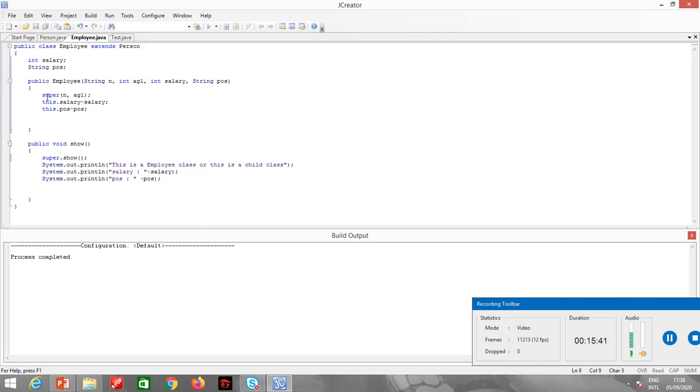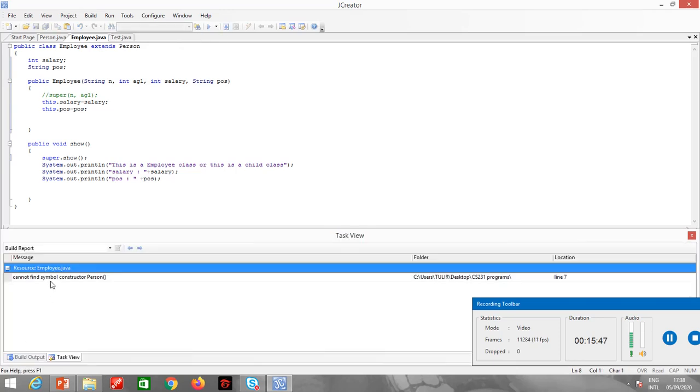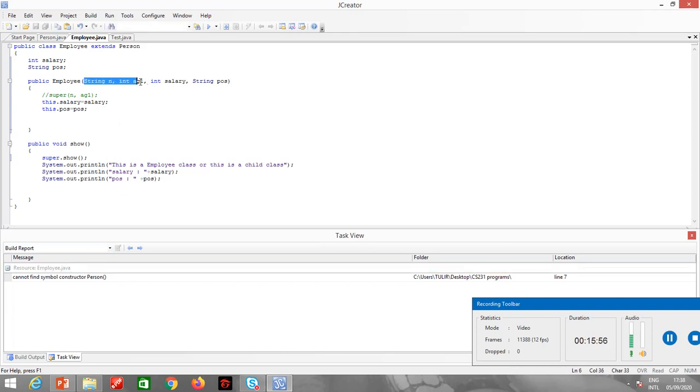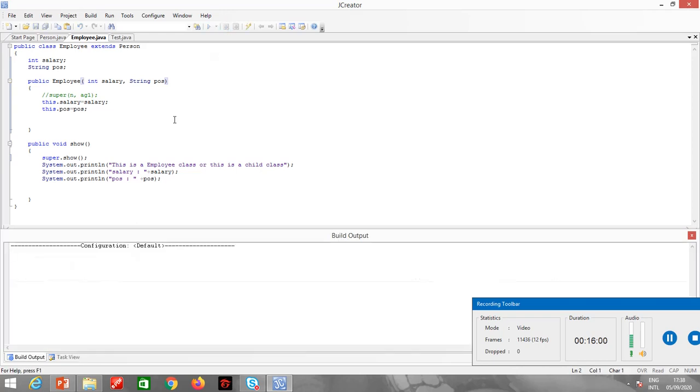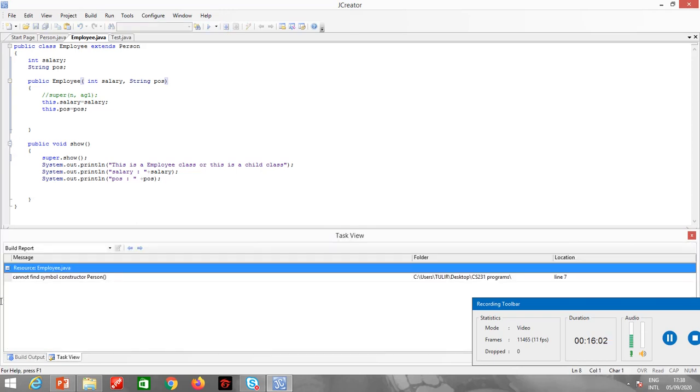Now let's see what will happen if I don't use this super keyword. I get an error: cannot find symbol constructor person. If I forget to pass the parameters here and don't use the super keyword, it says cannot find symbol constructor parent.